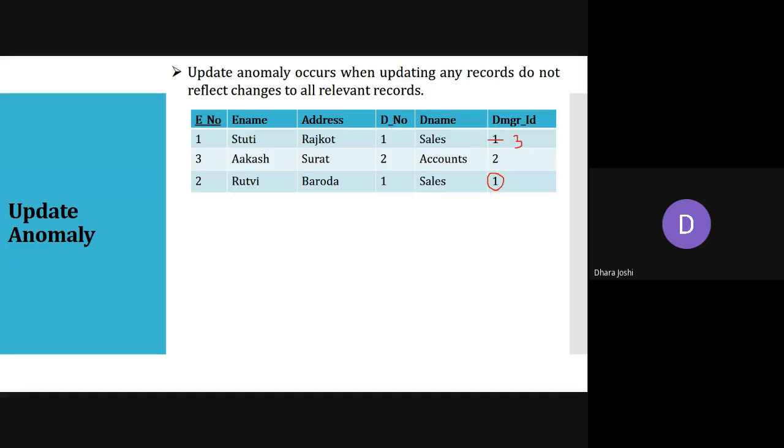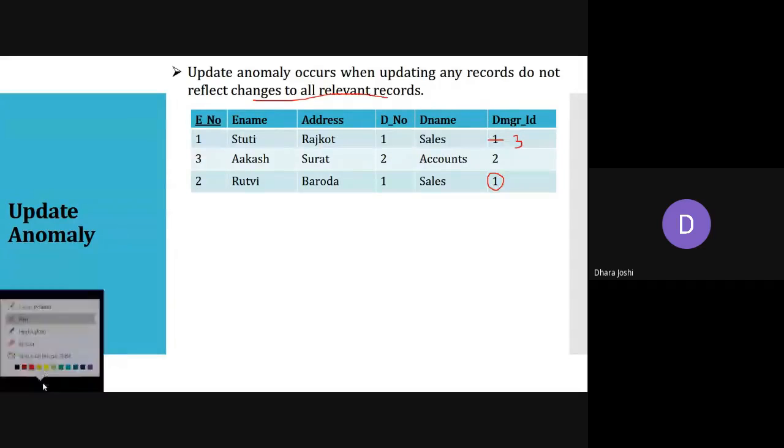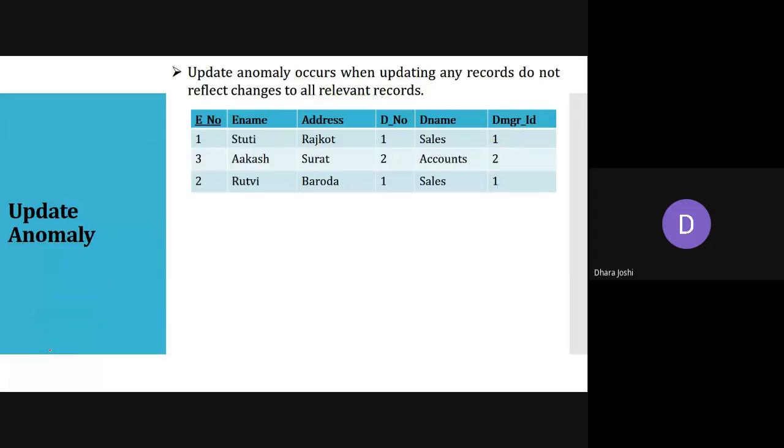So whenever you are updating, you need to take care of all the records that come under that particular condition; all of them need to be updated. So update anomaly occurs when updating records does not reflect changes in all the relevant records. If one or two are not changed, then we are in trouble.